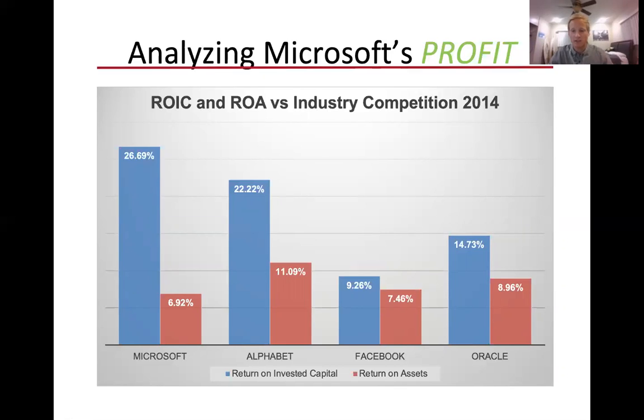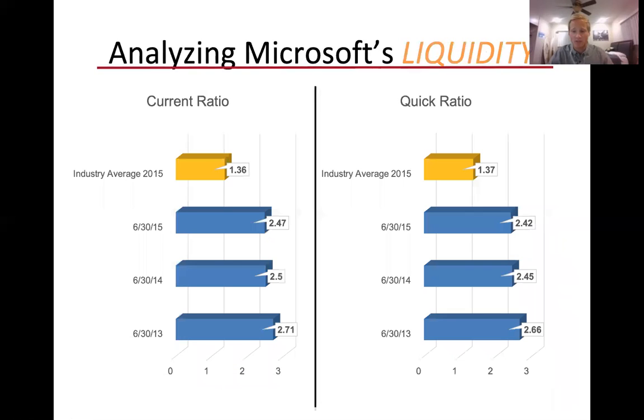Next, we have liquidity ratios. So Microsoft's current ratio on the left here is above industry average. As you can see, it's in the 2s compared to the industry average in the 1s. This suggests the company has sufficient resources to pay its debts over the next 12 months. You can see the ratio consistently stays above 1, but doesn't go too high. This means that the company efficiently uses its current assets. On the right, we have our quick ratio. Once again, that stays in the 2s, double that of the industry average. This means that Microsoft will appear safe and able to use its cash or quick assets to meet its short-term liabilities. And overall, as an investor, we shouldn't fear Microsoft's ability to meet any obligations.